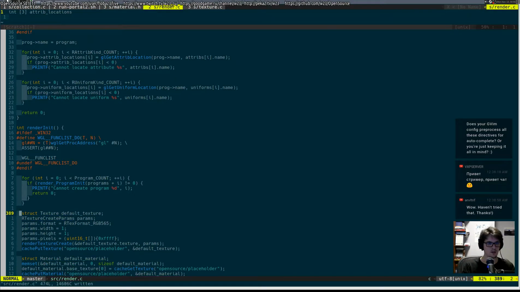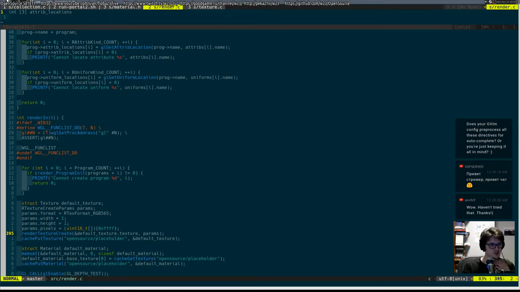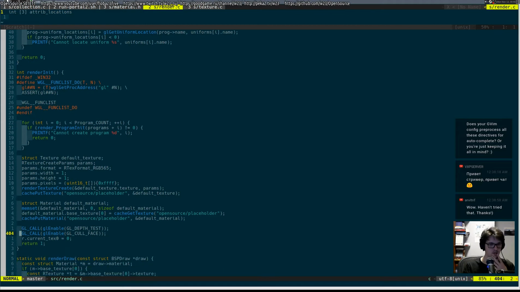This I don't need. Default texture for some reason. And material